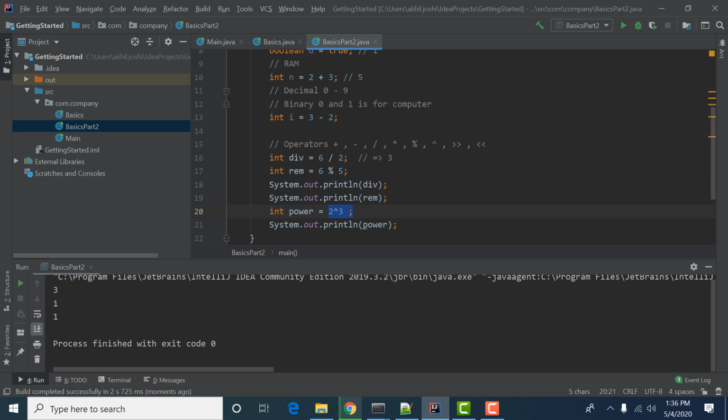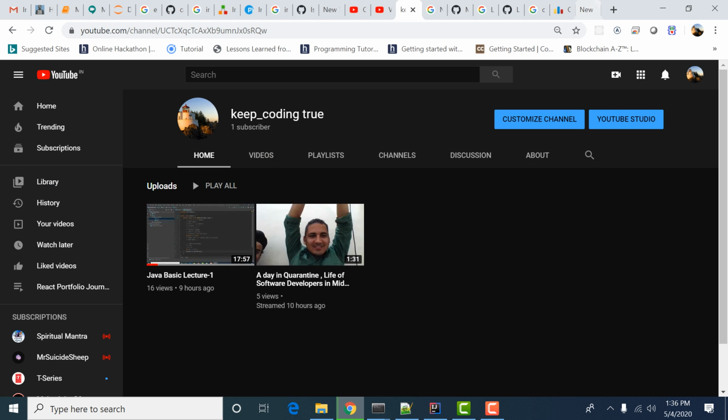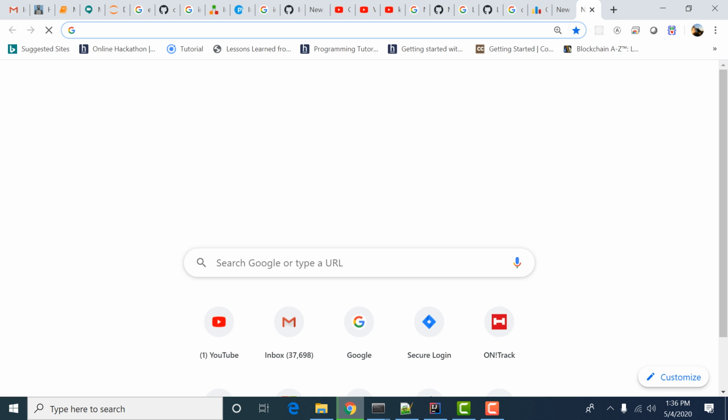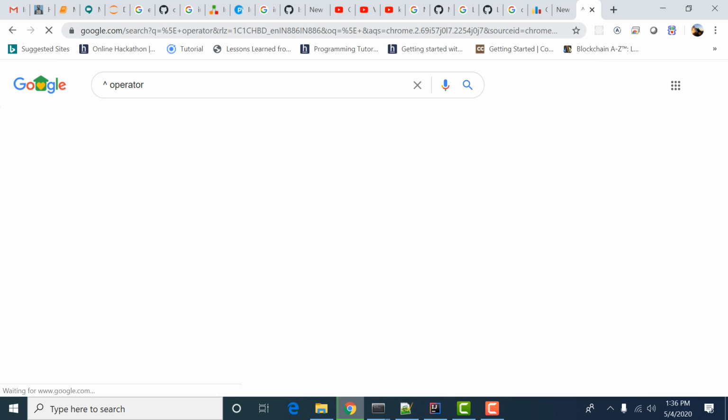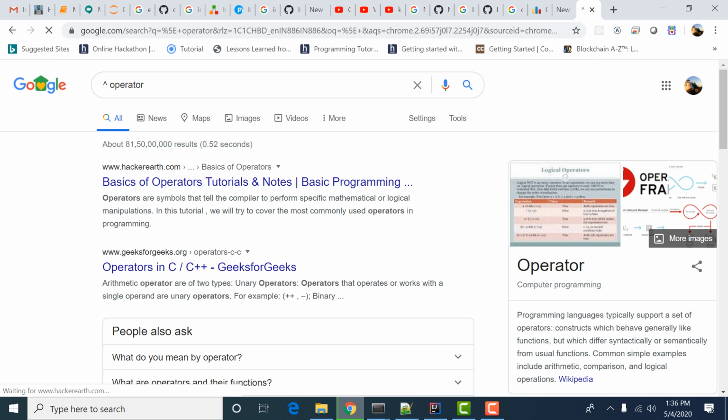Sorry, this is not the power operator. Let me check once. Actually, this operator is not used too much in programming.